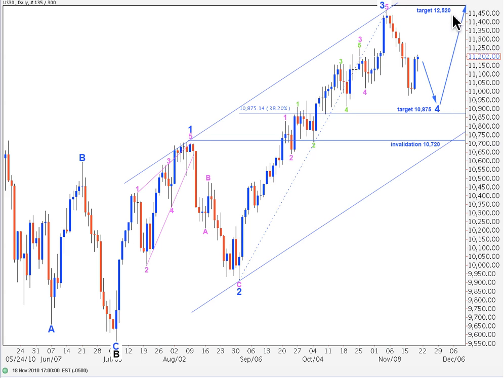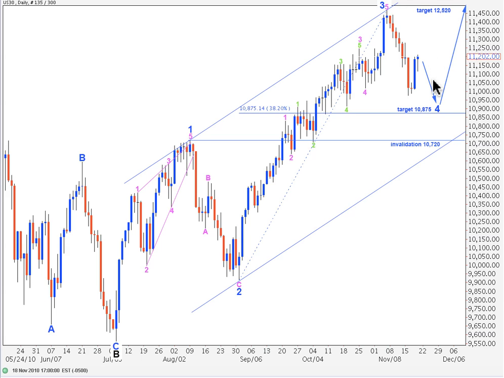end wave C black. A target of 12,520 is where wave C black will reach 0.618 the length of wave A. If wave C reached equality with A, which is the most common relationship between the two for a zigzag, that would invalidate the wave count at cycle degree and move primary 2 beyond the start of 1. Primary 2 cannot move beyond the start of 1, therefore this target is the most likely for upwards movement to